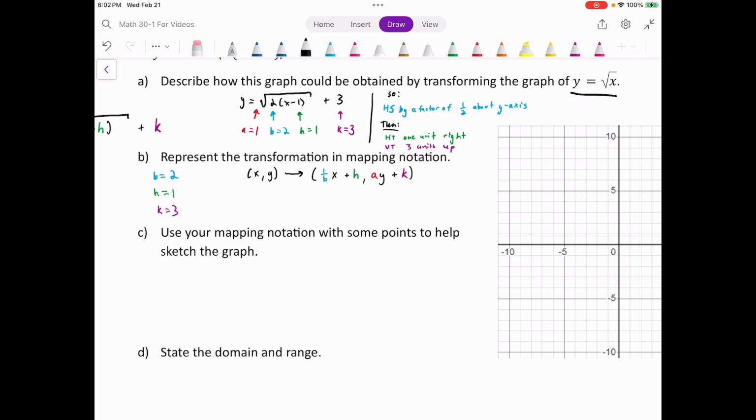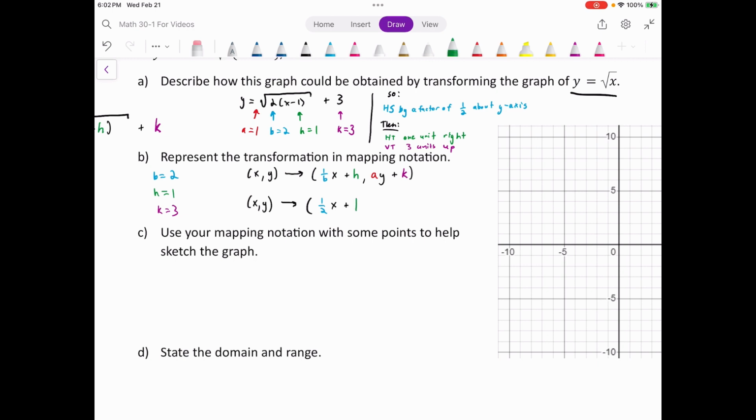So what does that mean for this one? Let's get more specific now. We're going to take points on our original function, y equals root x, and what are we going to do to them? Well, our b is 2, so we're going to multiply them all by 1 over 2, 1/2. In other words, divide them all by 2, and then we're going to add 1 to all of them,